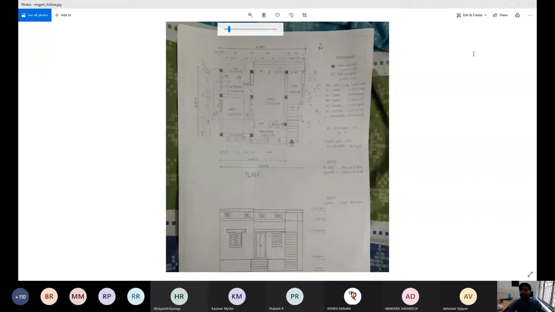Has everybody purchased that book? Last class I told you, I discussed, that you have to purchase one A4 size drawing book, and I discussed how you draw and everything. I hope you remember. So this way you have to draw actually, because normally your book is this way. Your drawing should be like this actually.